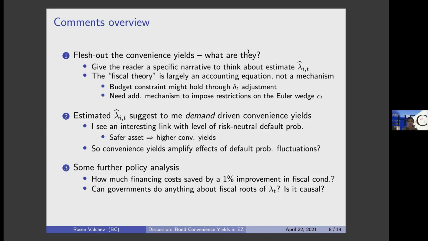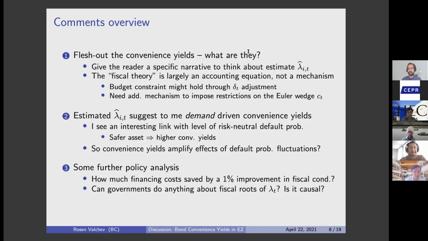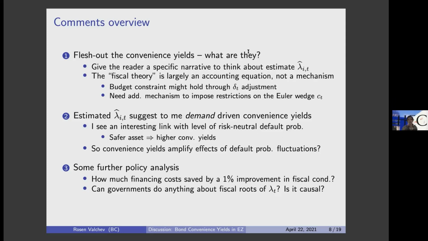The fiscal theory equation just tells me that otherwise government budgets are going to be non-solvent, but I still need to know why people are valuing a safe asset more than another safe asset. To give you a parallel with the fiscal theory of the price level, there, it is really only operational when the central bank allows inflation to vary, right? You need to have this extra